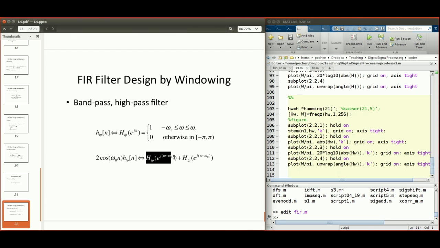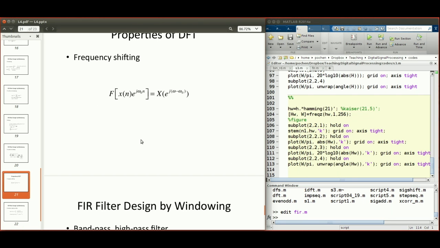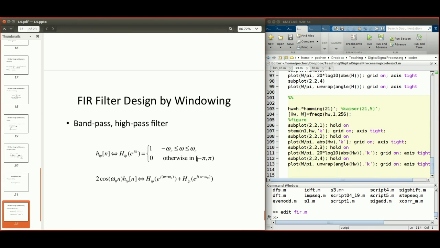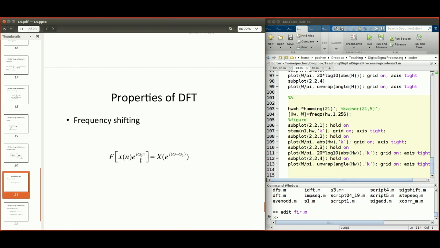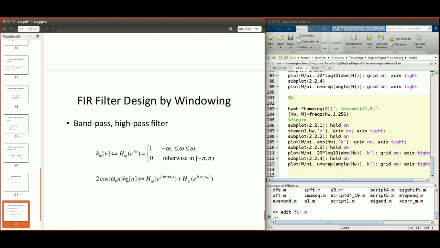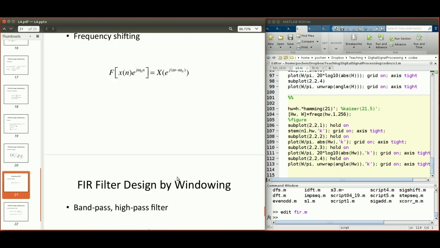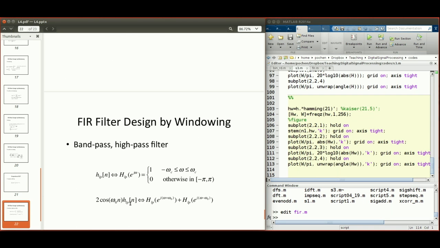And then for this particular boxcar, which has been shifted by minus omega 0, it's shifted to the left, right? The time domain representation is going to be small h LP n multiplied with e to the minus j omega 0 n, right? And then all you have to do is to add them together. Small h LP, that's the x n here, is the same for these two terms, so you can take it out. What you have to add together is e to the j omega 0 n plus e to the minus j omega 0 n, right? And from Euler's equation that we know,